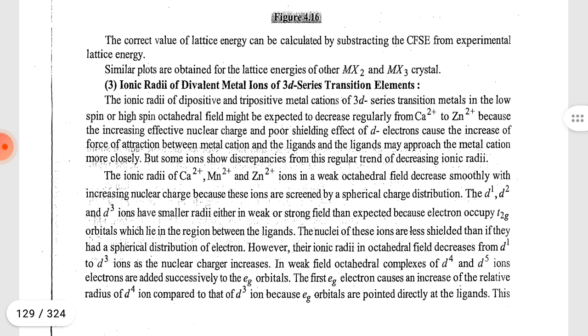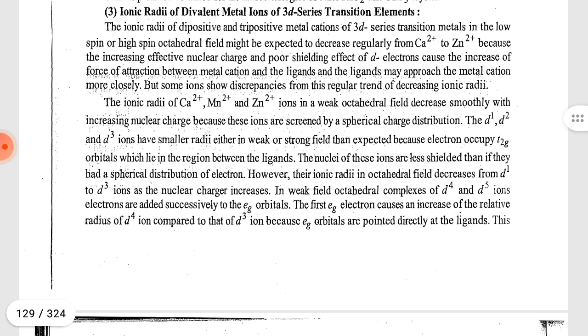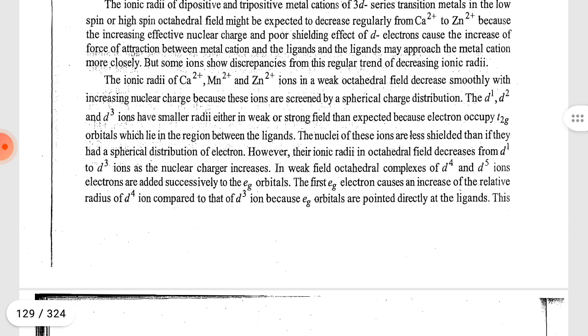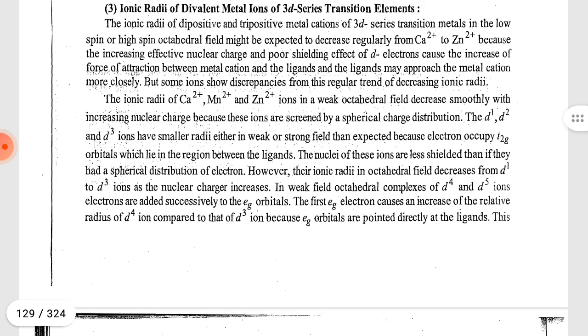The correct value of lattice energy can be calculated by subtracting the CFSE from the experimental lattice energy. Similar plots are obtained from lattice energy of other MX2 and MX3 crystals. Third, ionic radii of divalent metal ions of 3D series transition elements. Ionic radii of dipositive and tripositive metal cations of 3D series transition metals in the low spin or high spin